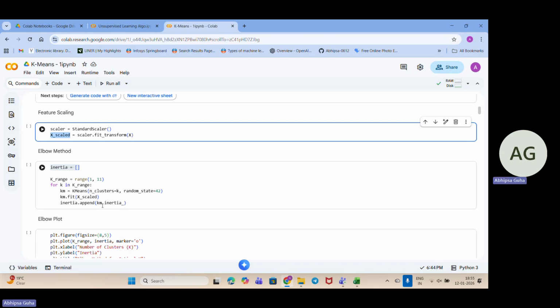Now, inertia dot append that we are using in km dot inertia. That simply means we are saving how messy the clusters are. So km dot inertia is the inertia value after training. Okay, so now what does append do? It actually adds the value to the list one by one. This is how it goes, and then we are just